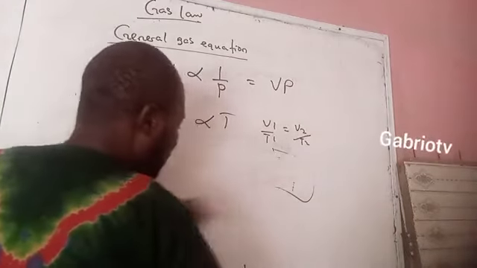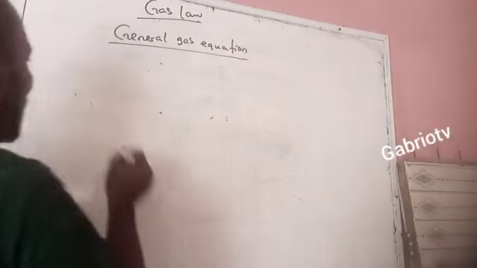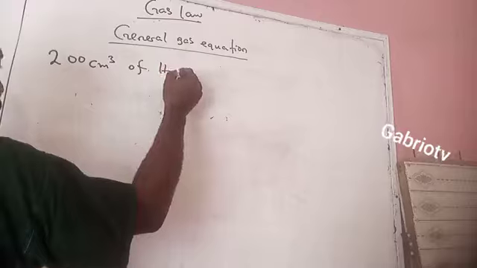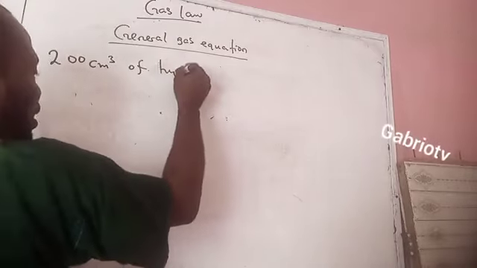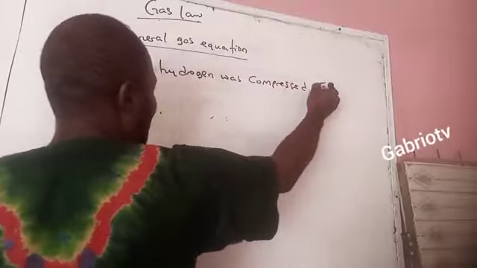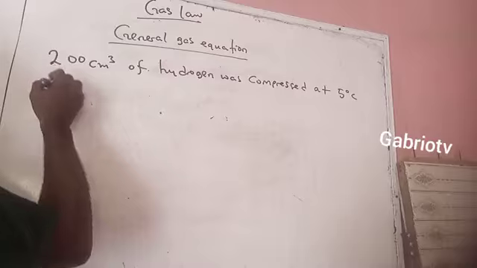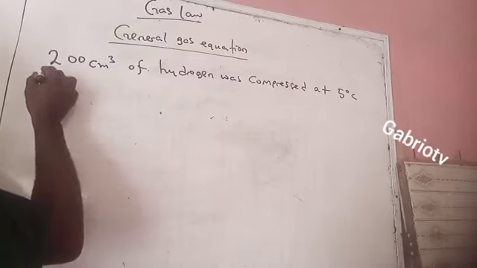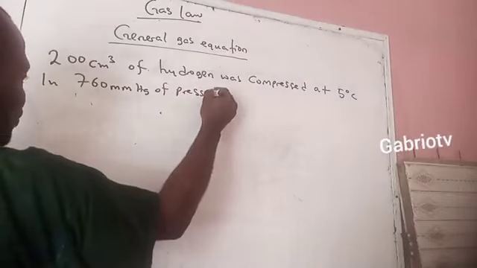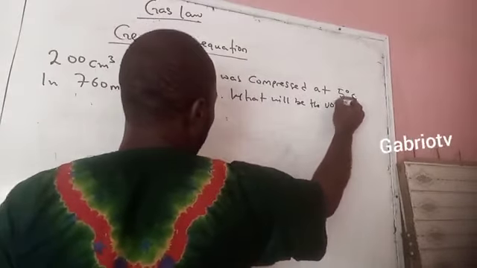So let me clean this, then I'll write the question on the board. 200 cm cube of hydrogen gas was compressed at 5 degrees Celsius in 760 mmHg of pressure. Then what will be the volume